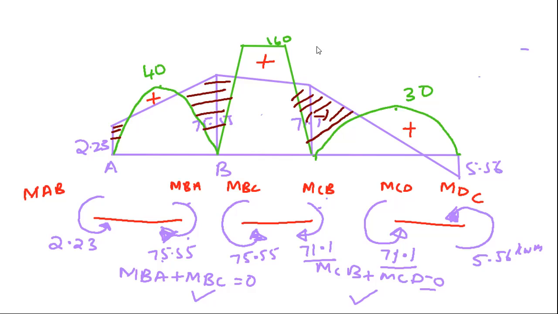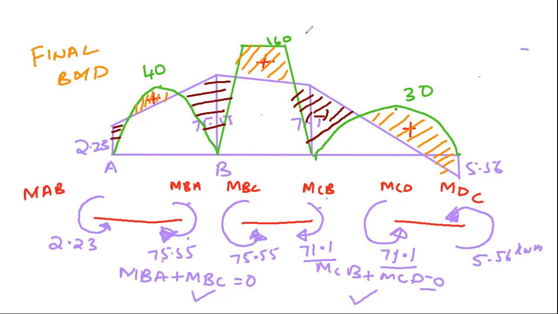And for this thing, I'll be using a green color. So this is positive. This is also positive. This complete thing is positive, till here. But what about this white color? Positive and negative, they both will be nullified. So this is called the final bending moment diagram. Please pause and draw this bending moment diagram.